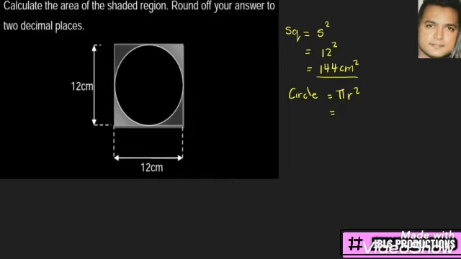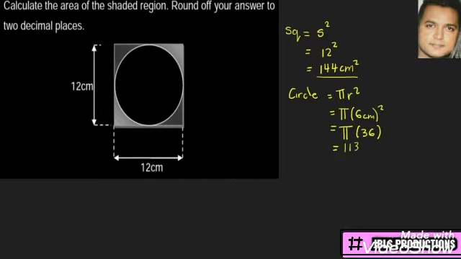So punching in the value for the pi, we would use it as is in this case. So we have pi times the radius. The radius is the diameter divided by 2, so it will be 6 centimeter squared. Make sure that you remember the square, because most learners tend to forget this when they are writing down the answers. And this will be 36, and then punch this into your calculator and it will arrive at your answer. By punching this into our calculator, we'll get an amount of